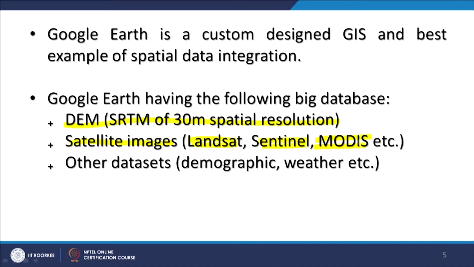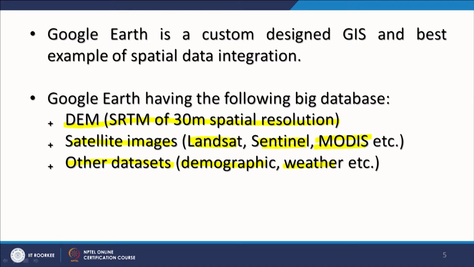Even in school, children have started using Google Earth in their civics or geography classes, and many other datasets have also been integrated, or you yourself can integrate them by converting them to KML or KMZ files through any standard GIS software. So, you can see the demographics, the weather, and even the latest earthquake data, which are plotted automatically if you would like to see them. Road network, rail network, all the information which you see on Google Maps can also be seen on Google Earth.